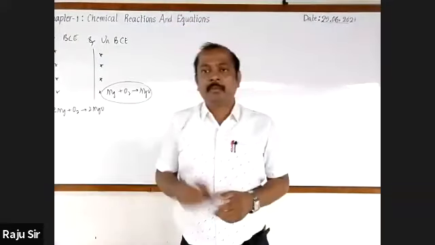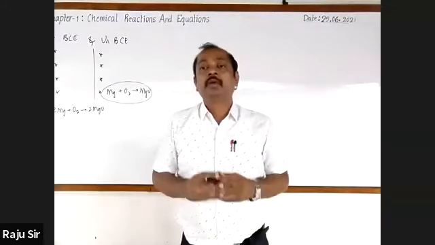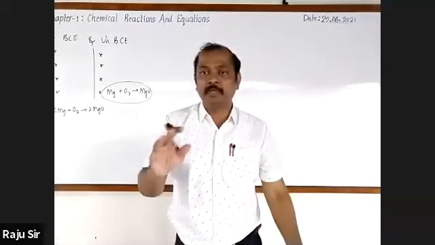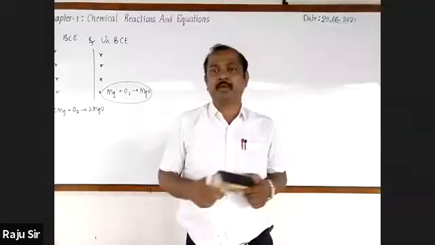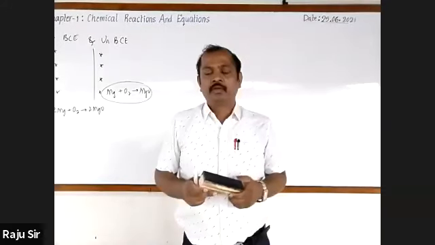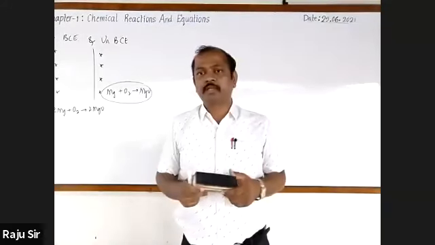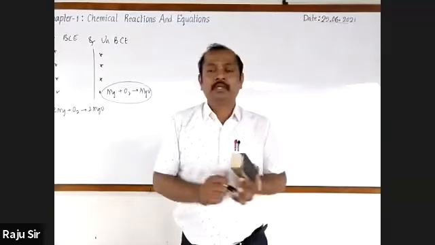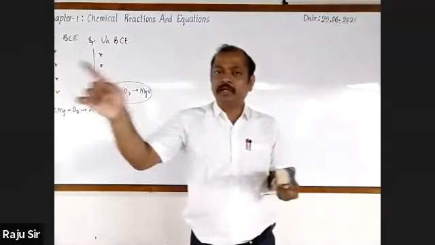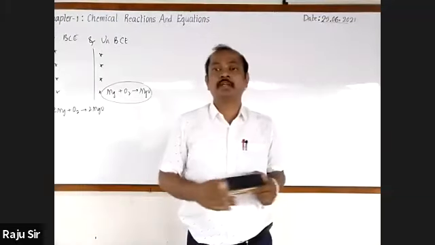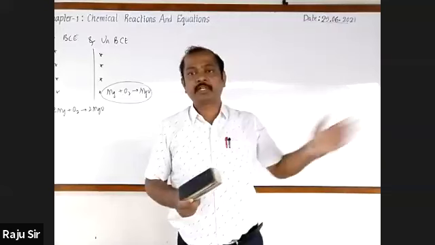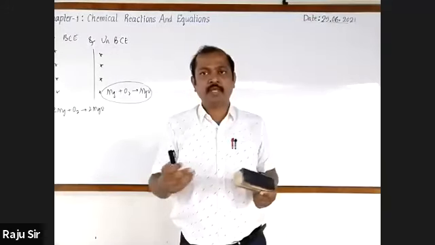But for our syllabus, only the hit and trial method has been introduced, and based on that, yesterday we balanced one chemical equation. That chemical reaction is when heated iron reacts with steam, then it produces iron oxide with the liberation of hydrogen gas, right?